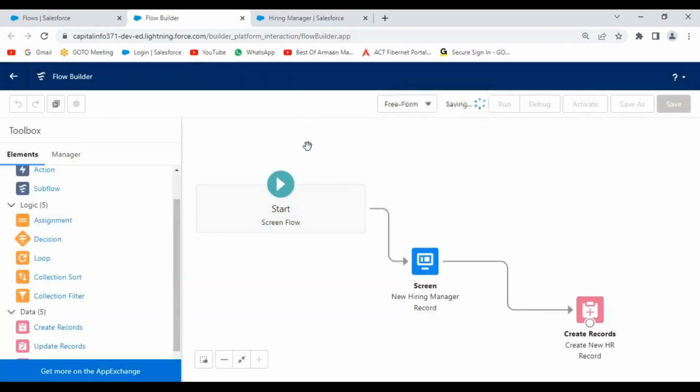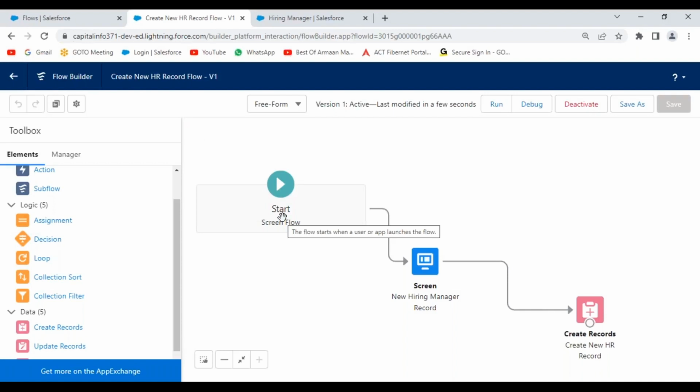Click on save button. So now my flow has been configured over here. Now make this flow activated. Activate the flow. The flow has been activated over here. Done. But it can't be invoked on its own, because I haven't selected any event over here